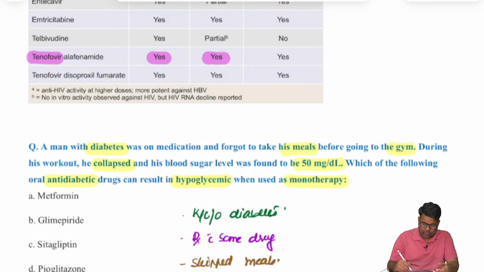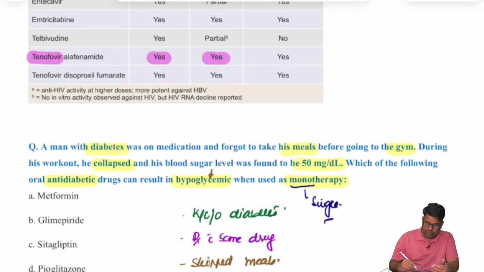Right? So this is the usual thing given in this question. And monotherapy means single drug. So he is taking only that drug. He is not taking any other drug along with that. So what that drug is, the one which is responsible for this kind of hypoglycemic side effect, and this is